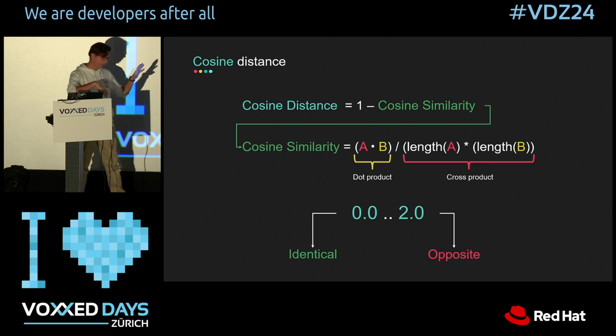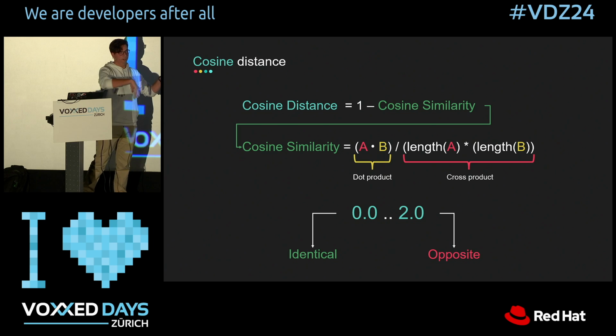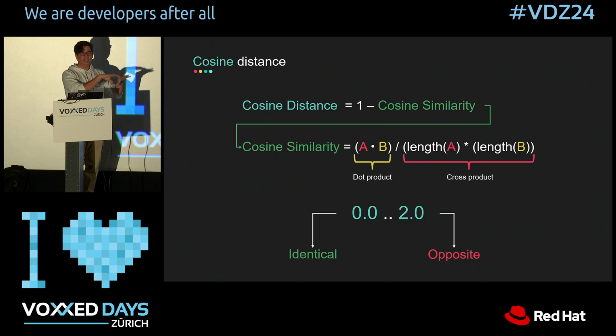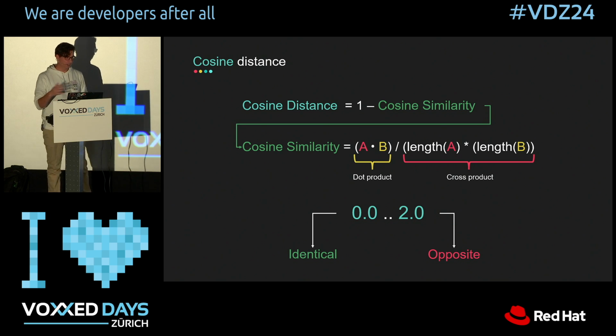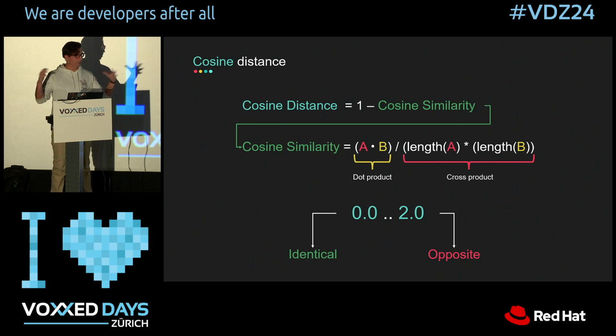So if you get a Java class file and a C# class file, and you put them in a database, they're going to be close to each other, like 0.0 maybe, because C# stole everything from Java. At least that's what they say. And if you grab a JavaScript file and a Java file and you vectorize them, they're going to be like 2.0, unless you did some really funky things with your Java class.